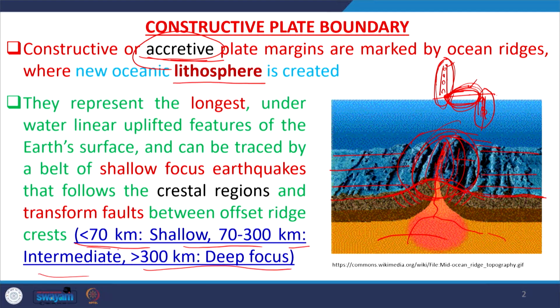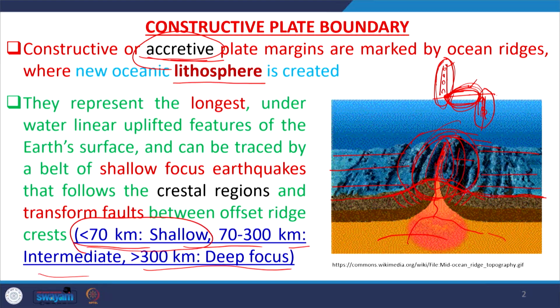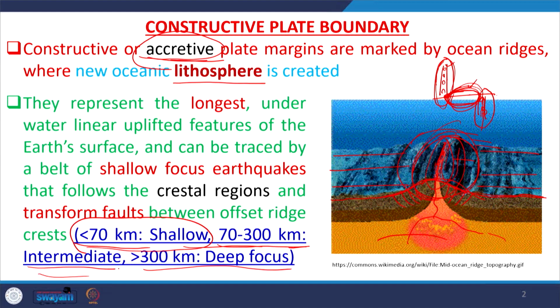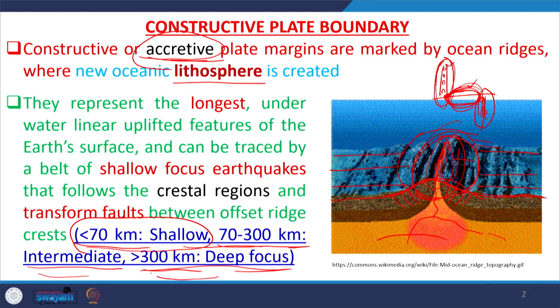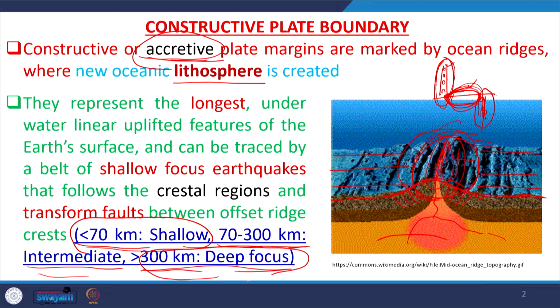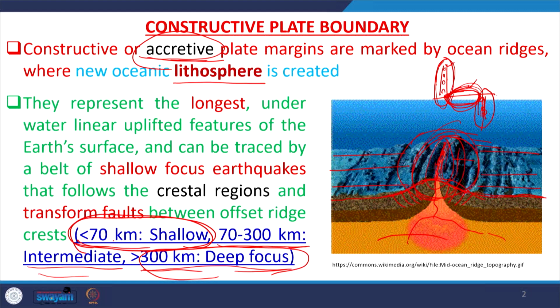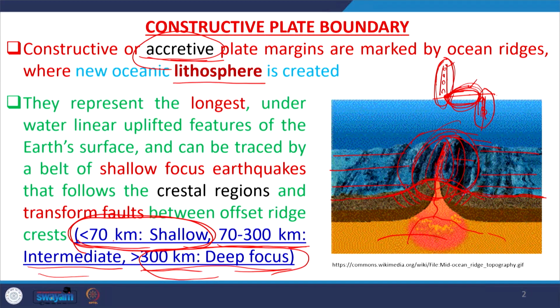If it is less than 70 kilometers, that is called shallow focus earthquake, 70 to 300 kilometers is called intermediate, and greater than 300 kilometers is called deep focus earthquakes. The deep focus earthquakes we will deal with when we talk about the destructive plate margin, and only the shallow focus earthquakes, that is less than 70 kilometers, are confined in the crustal region as well